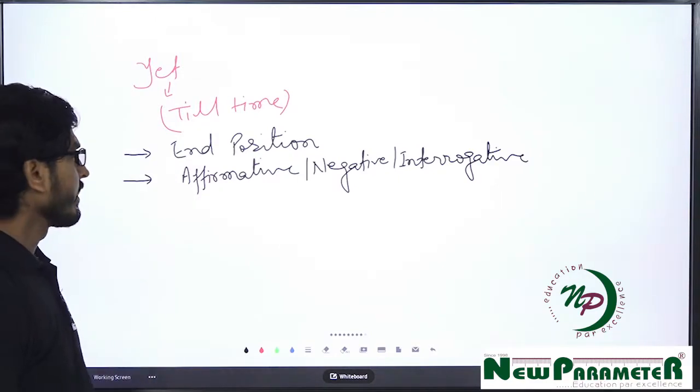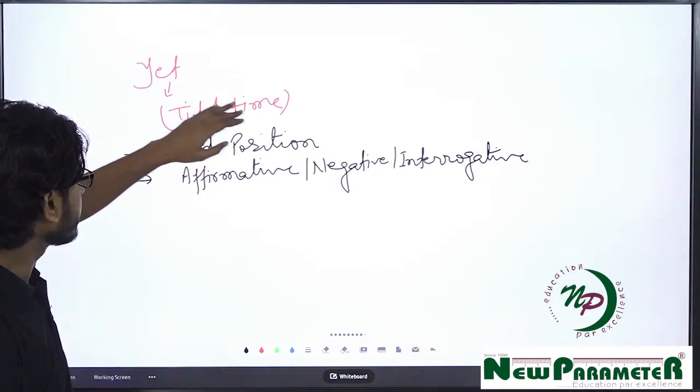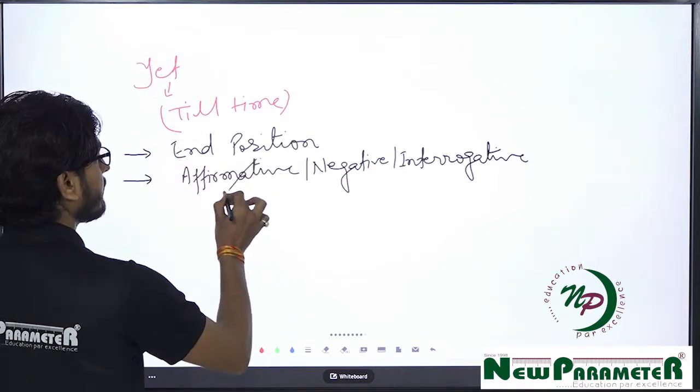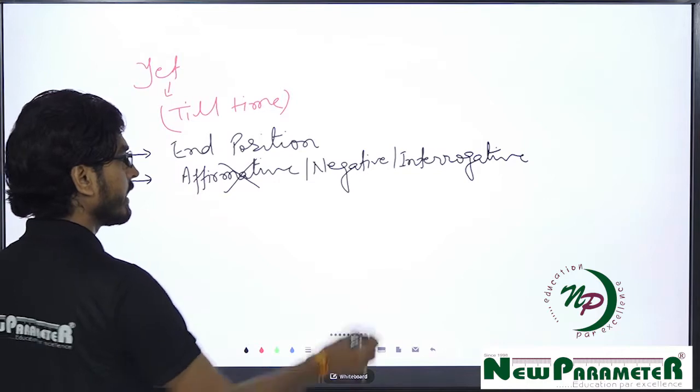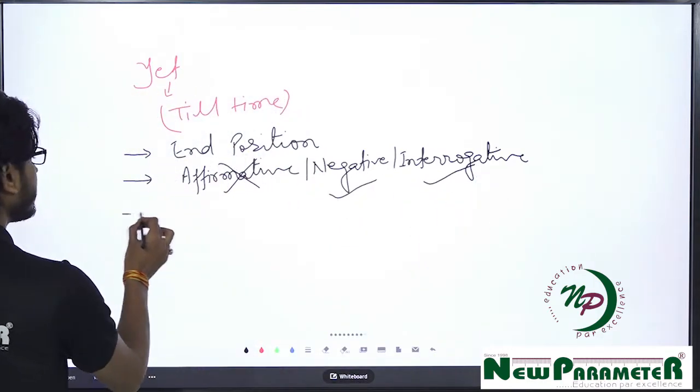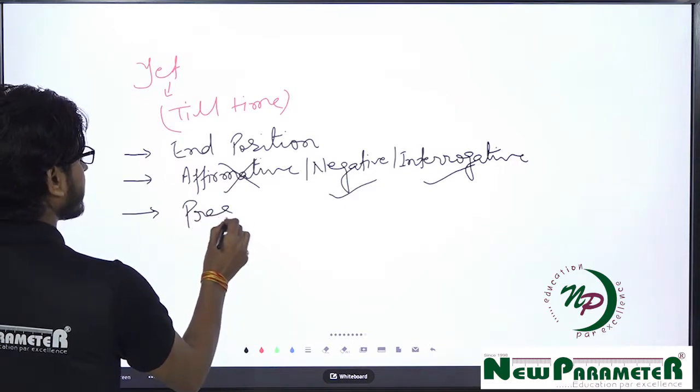See, one thing, that whenever we use "yet" in this context, we are not allowed to use "yet" in affirmative sentence. We can use "yet" in only negative and interrogative sentence, and the tense must be present